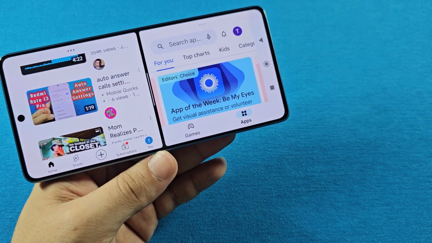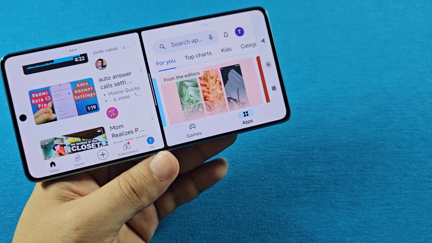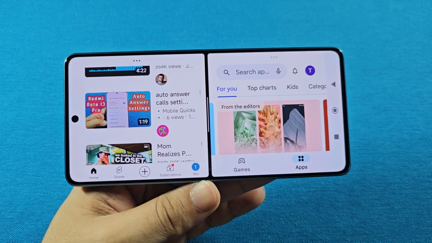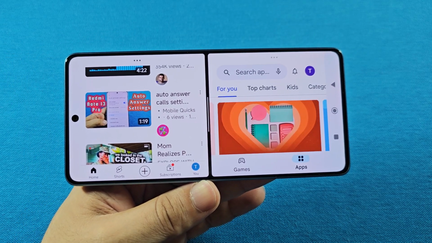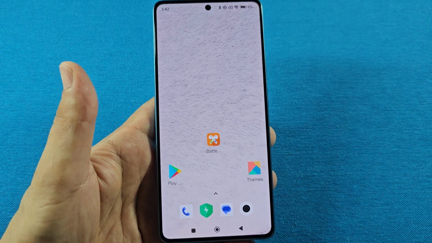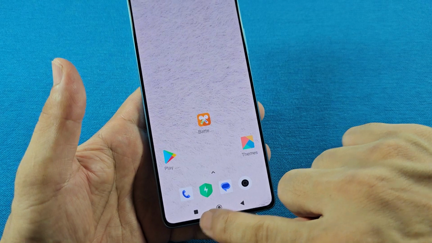How to enter into split screen mode using two apps at the same time and also in landscape mode. So this is a Xiaomi phone and I'll show you how to go about doing this. Let's just say you have some apps open already and you will tap on the recents button or perform